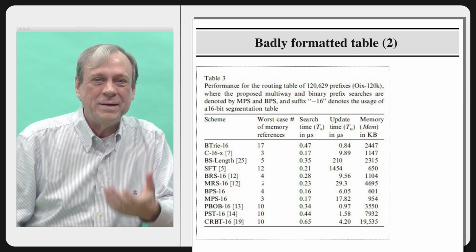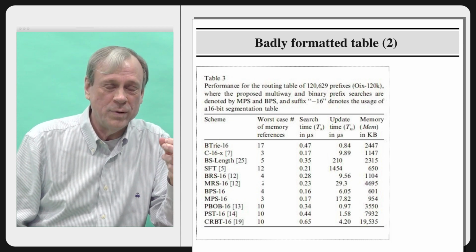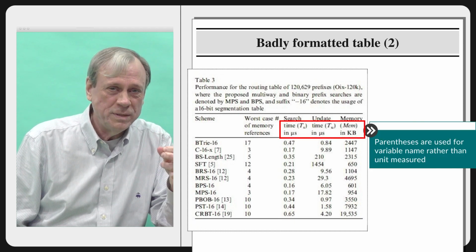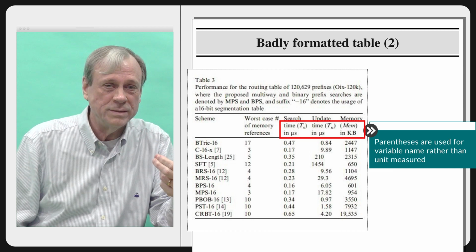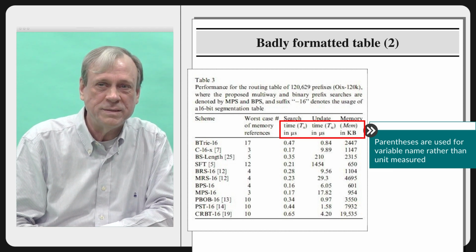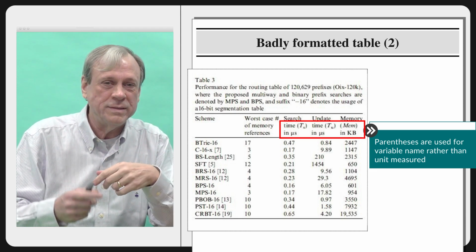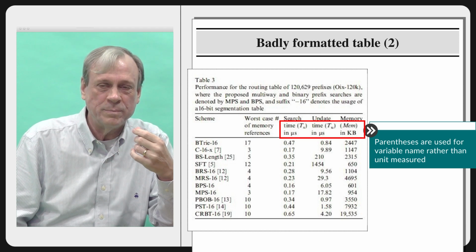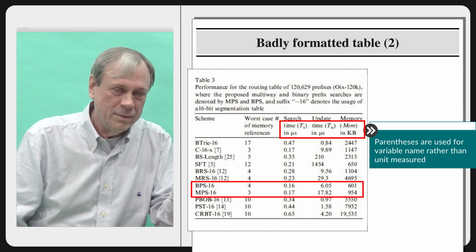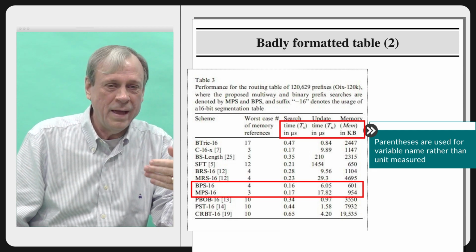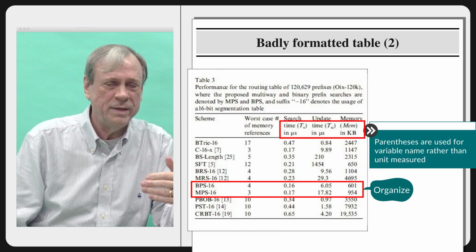That's good to know. Okay, in this bad example, you can see that they have put something in parentheses in the column headers, but what's in parentheses is not the unit. The unit, for instance, for the second column should be milliseconds. And that's what should be in parentheses, not the search time. They have the variable name in parentheses, and again, that makes it confusing. Also, the BPS and the MPS, those are actually the things that they are adding, their new designs, and they've hidden them for some reason in the middle of this table. I've never been able to figure out why.